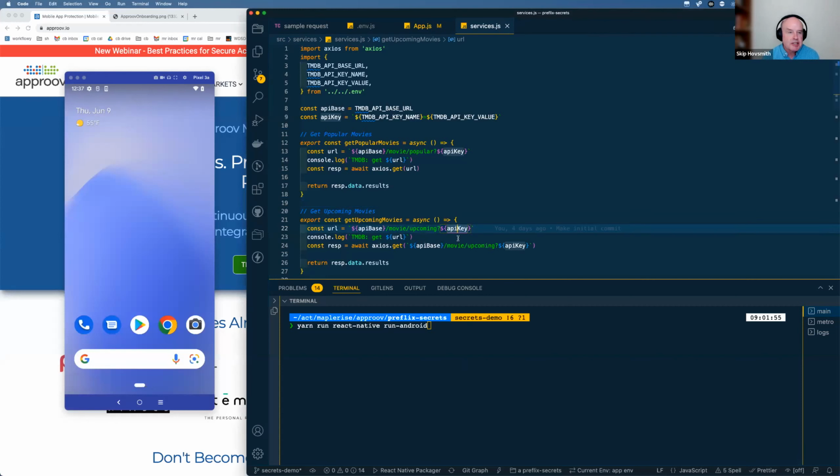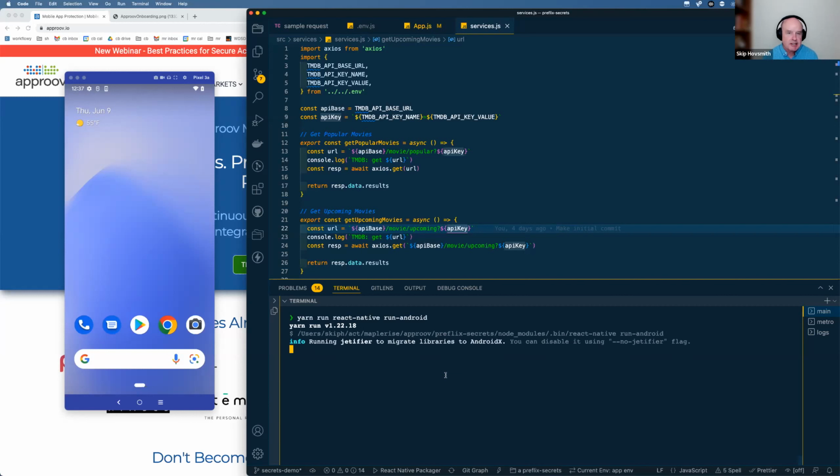So what we're going to do today is take a vanilla app. It's actually kind of accessing a movie database. It's written in React Native, and I'm just going to go ahead and run this now and get it building. So we've just started from a vanilla React Native environment. We're making API calls using React. We're using Axios on top of Fetch in this case, which you can see here.